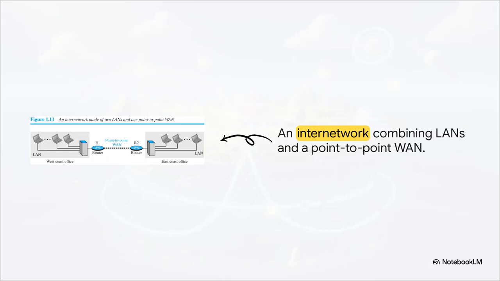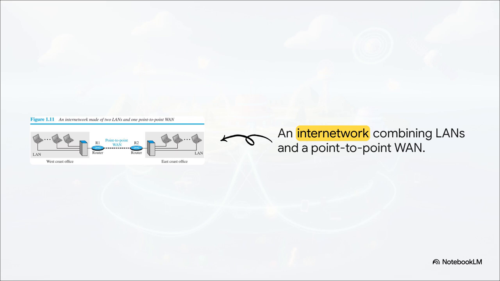Now, the really crucial point to grasp here is that today it is extremely rare to see a LAN or a WAN operating in total isolation. They are almost always physically connected to one another. For example, a LAN on the West Coast and a LAN on the East Coast can be bridged together by routers connected across a massive point-to-point WAN. When 2 or more networks are connected together like this, they create what we call an internetwork, or, more simply,